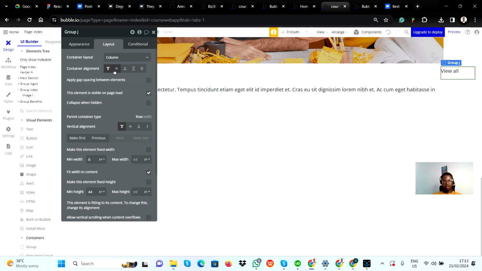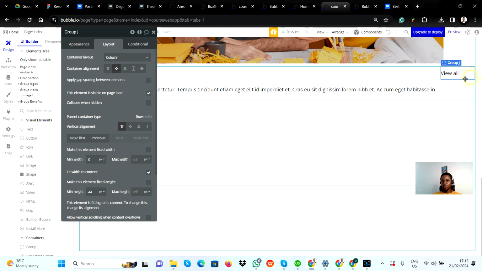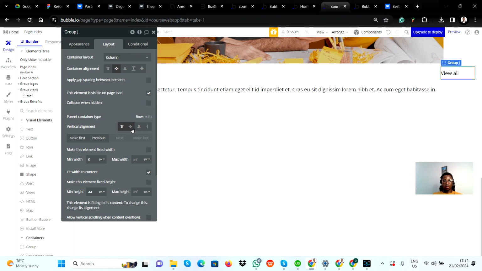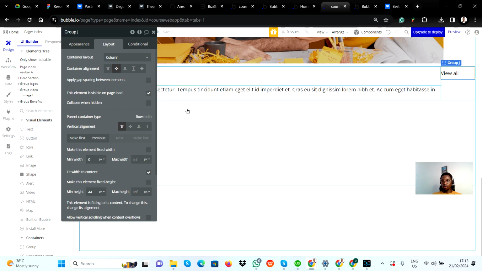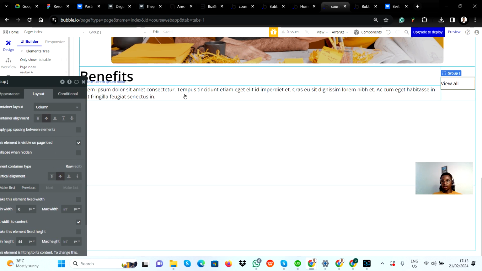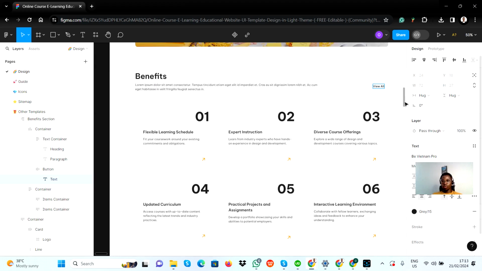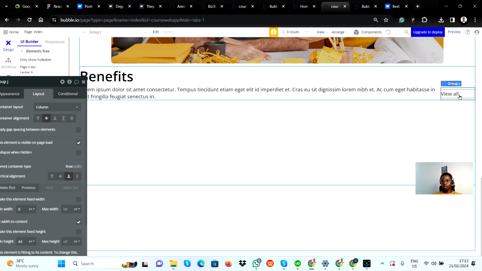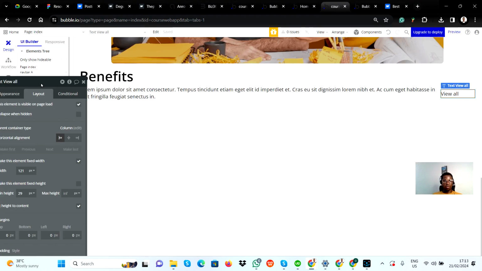So now let us do the container alignment, that is controlling the text inside. So we want to control the group itself. So the vertical alignment is going to be center. This center. Okay, let's look at what we have here. Should it be bottom? Okay, it should be bottom. Yeah, it should be bottom, and the text as well should